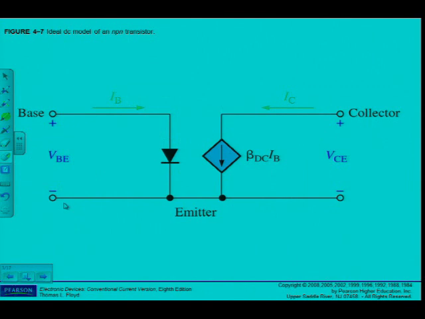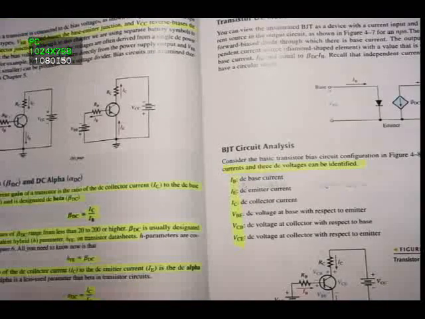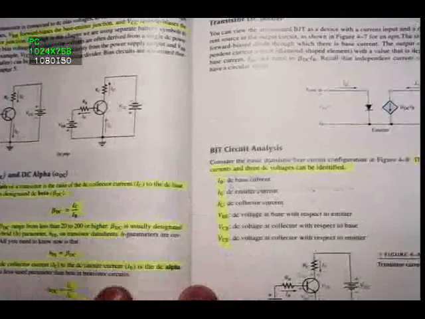Okay, the transistor DC model, there on the next page. The ideal DC model for an NPN transistor just shows me the currents, current source, and how it acts and so forth. You can find it on the top of page 169. You can view the unsaturated. We can refer back to the book there. You can view the unsaturated BJT